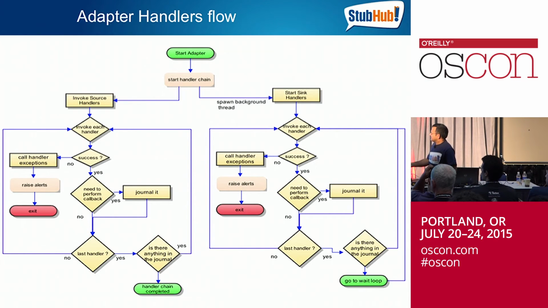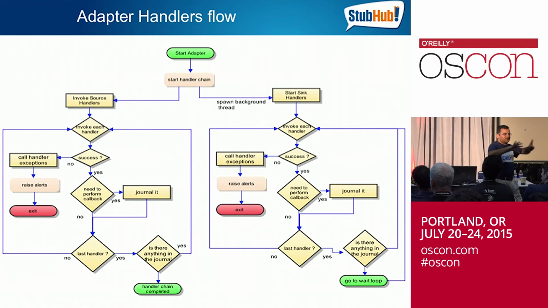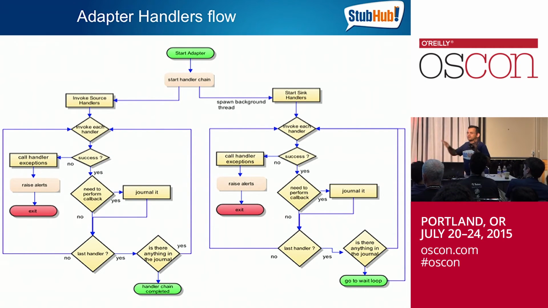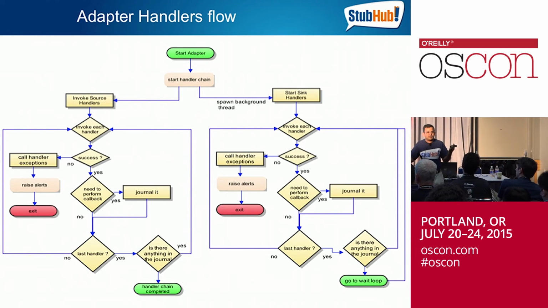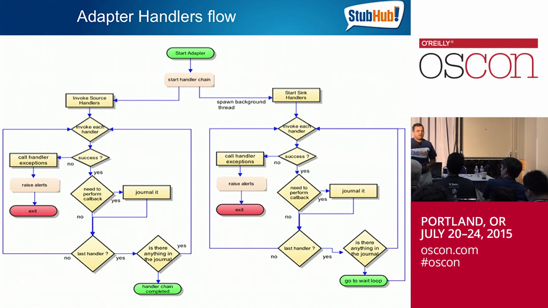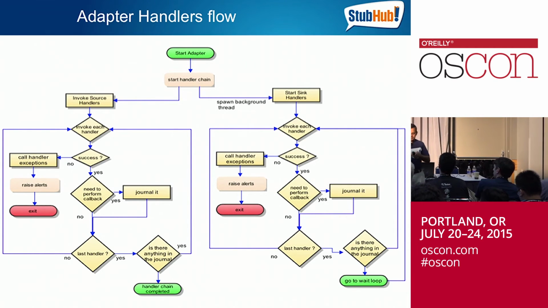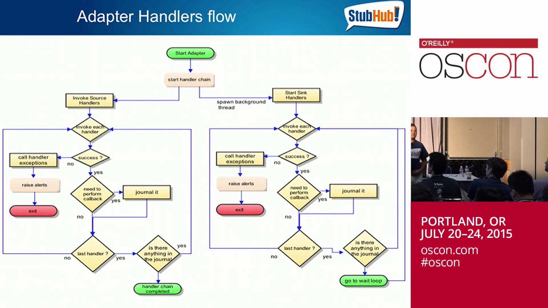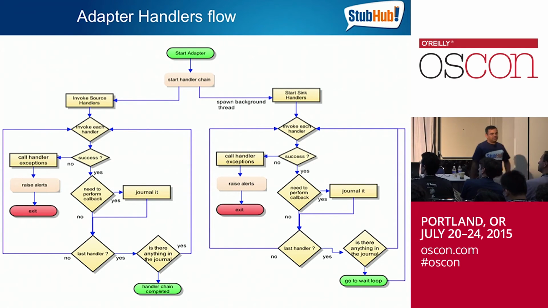The other side of it, remember I was saying that one of these handlers is going to write the data to a channel, but who reads it from the channel? Who's there to read from the channel? So this adapter, in parallel, at the time it initiated it, through spawning a different background thread, starts the sink handlers as well. And it goes through the exact same process. Start reading it. This is how you automate handling the impedance mismatch, because there is naturally an impedance mismatch between the readers and the writers. The reader might be faster and the writer slower, or the reader is slower and the writer faster, right? You have to manage this impedance mismatch.